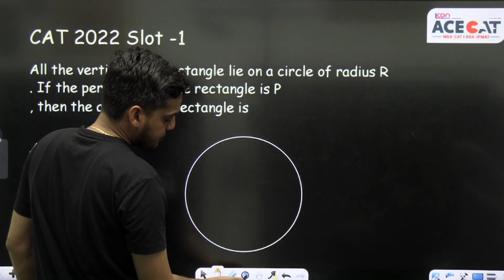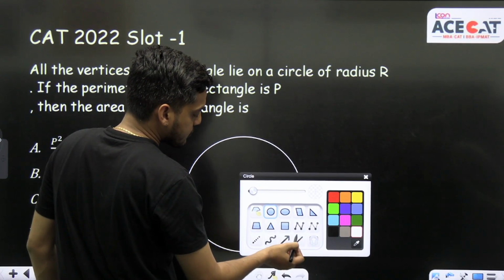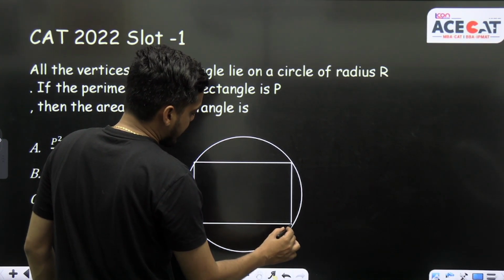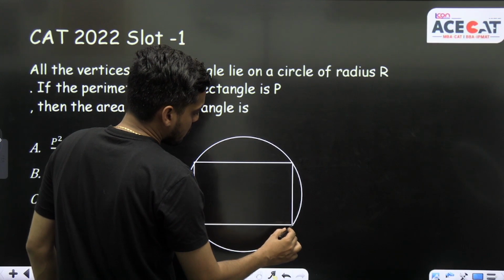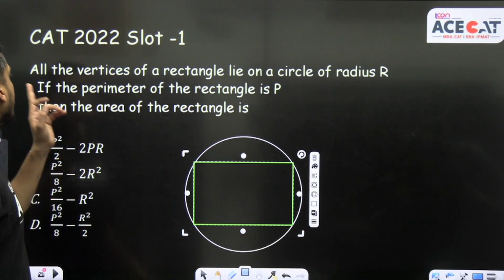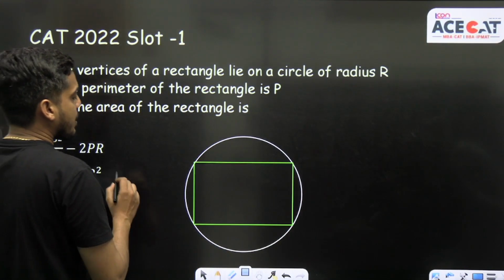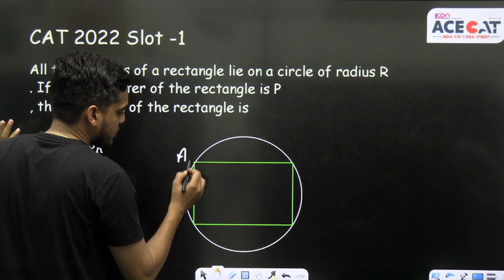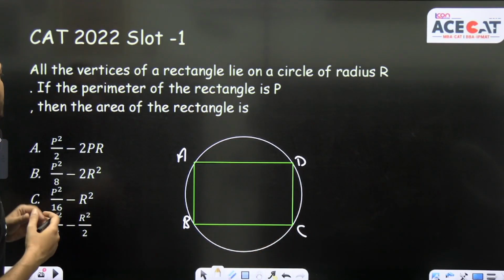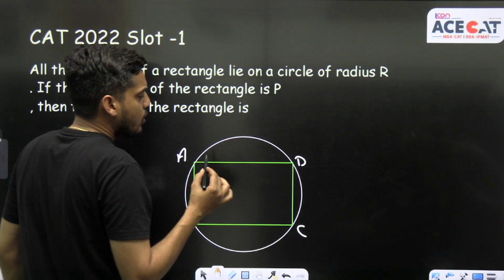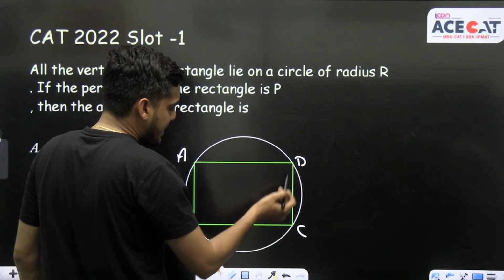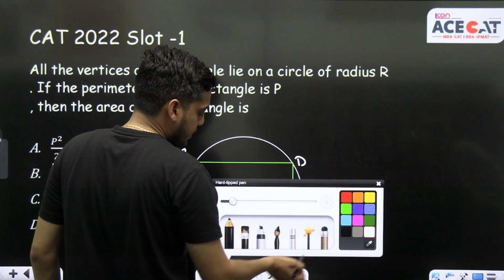Let me make a diagram for you. So we have this diagram. Now the circle: all the vertices of a rectangle lie on a circle of radius capital R. We can see all the vertices of the rectangle lie on the circle: A, B, C, D. Students, do you agree with me? We all know that in a rectangle every angle is 90 degrees. So if I join the diagonal BD,